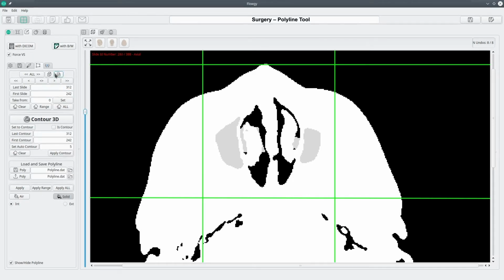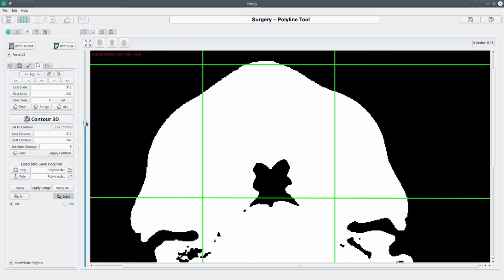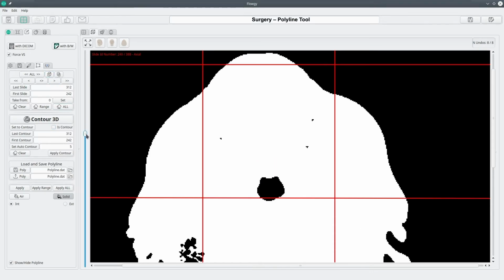Get to the next image, paste it, move it a bit around to make it more clear what we're going for, set it as a contour, copy it, go to our next image, 260 in this case, paste it, move it a little bit, transform it, set it as a contour, copy it, and go to our last image,